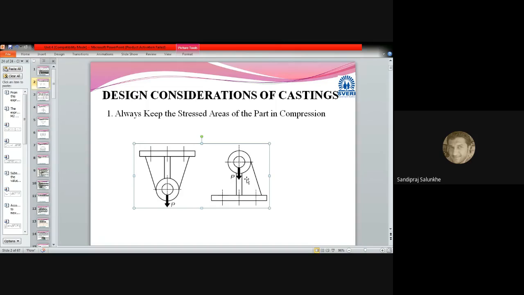Okay, so this we have to consider at the time of design, because the designer is going to decide how to give the support to that shaft, whether it is hanging type or supportive type. The only thing is that the designer has changed the orientation by which the shaft is supported. This is the first consideration. Then